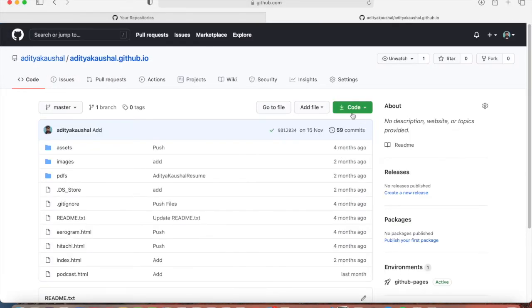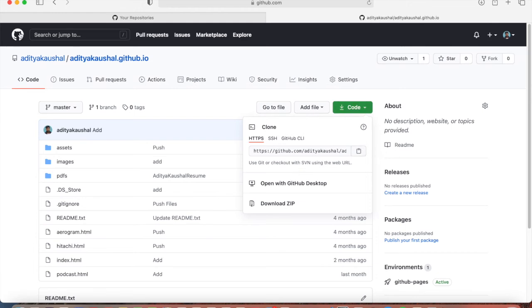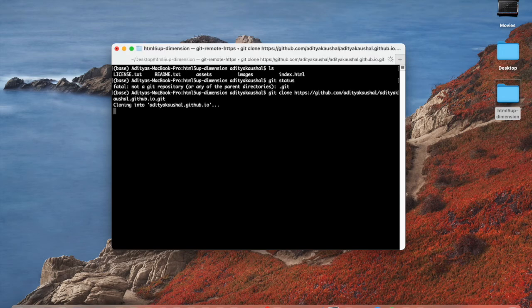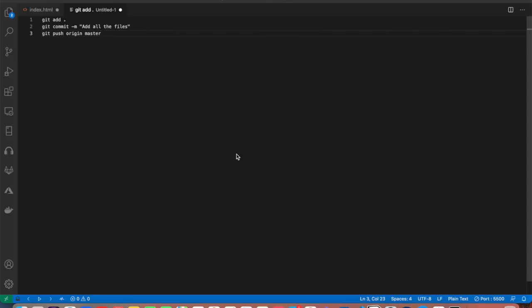You can clone this by taking this website URL and going to the terminal. You have to write git clone and the address that we just copied. So you have to click enter. So this will clone the website. As soon as you complete the cloning, you can now enter into the folder directory by using the terminal, by using this cd command,